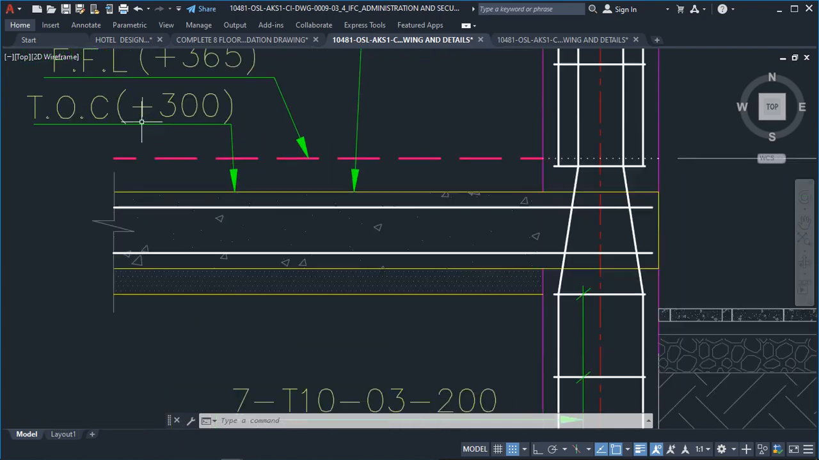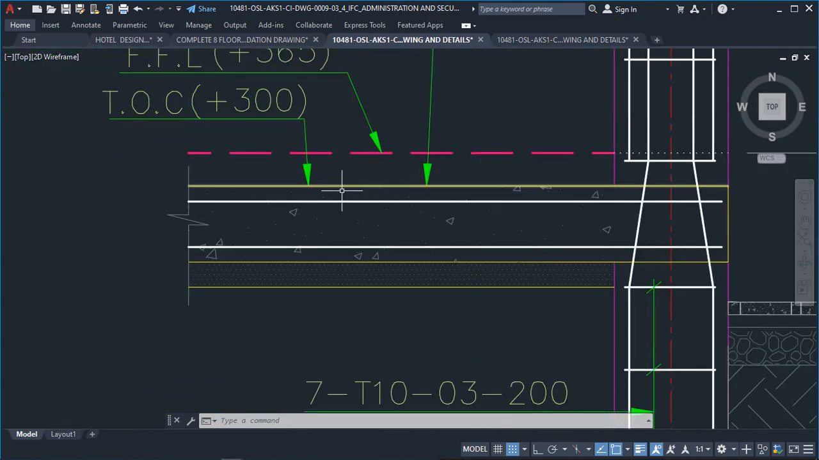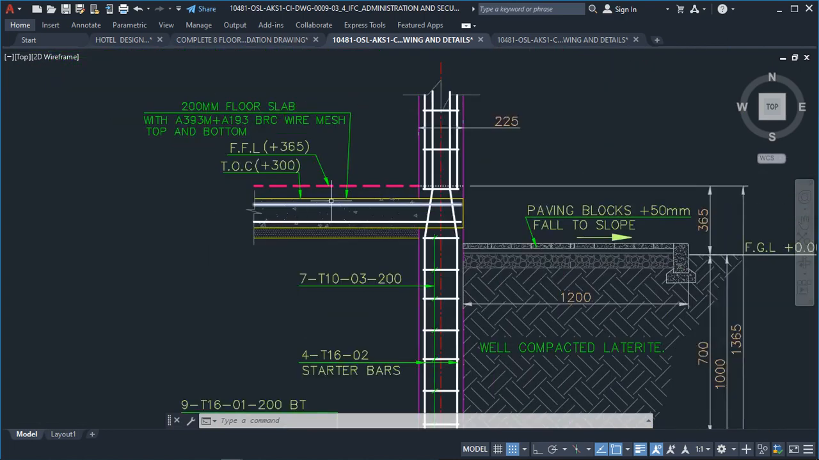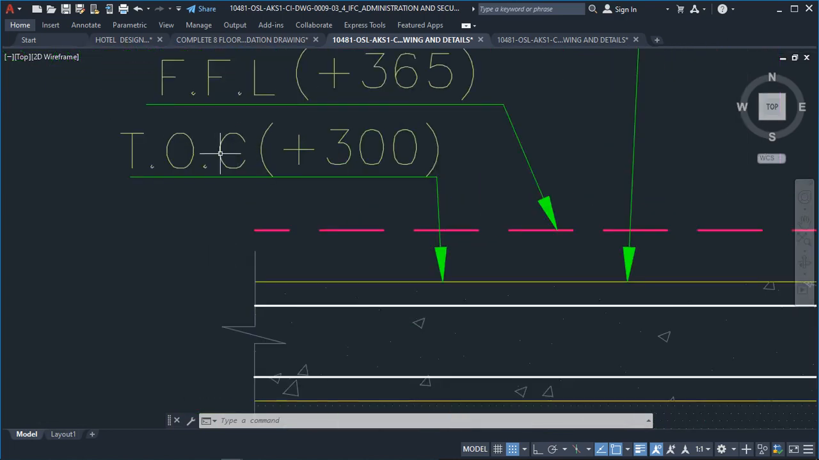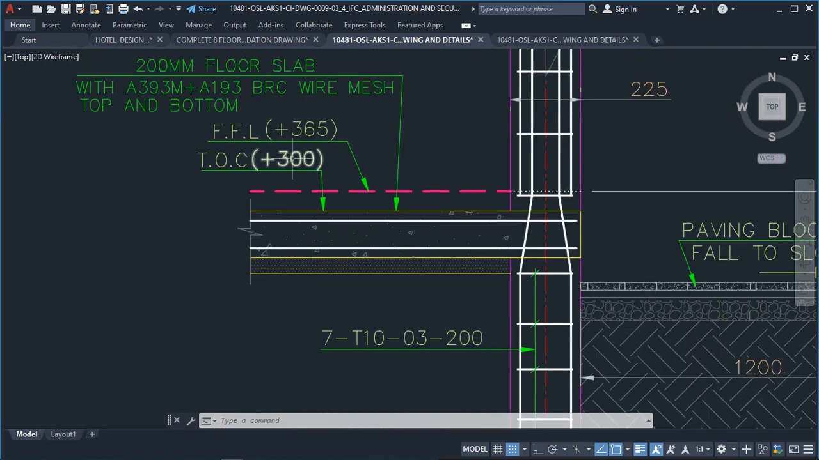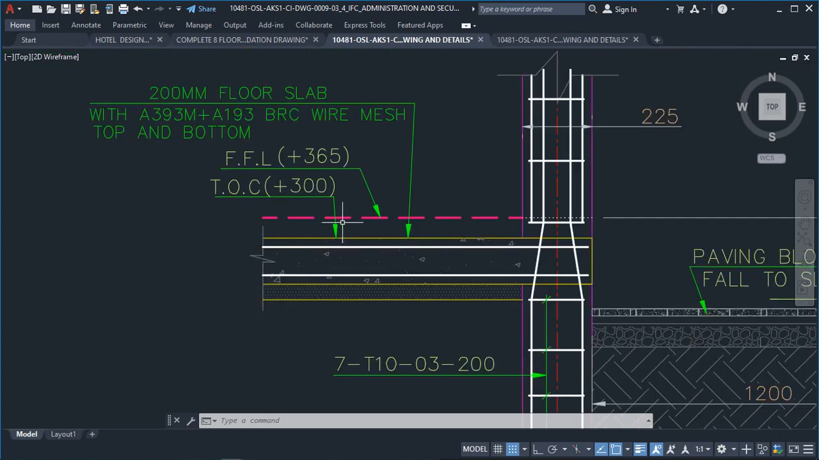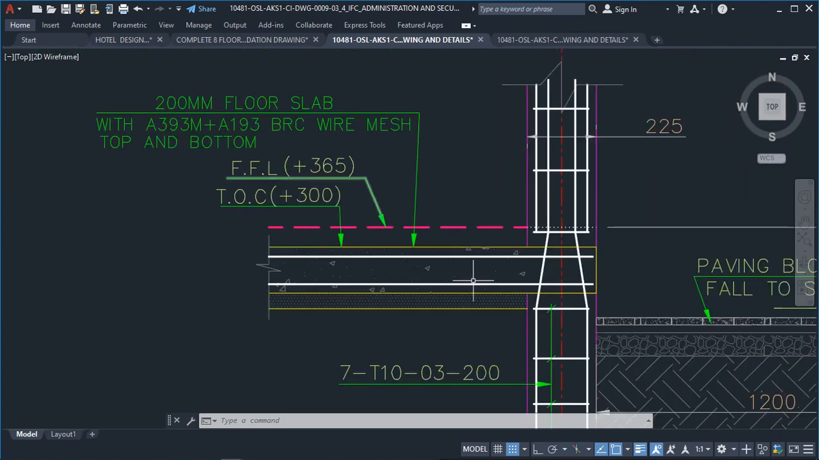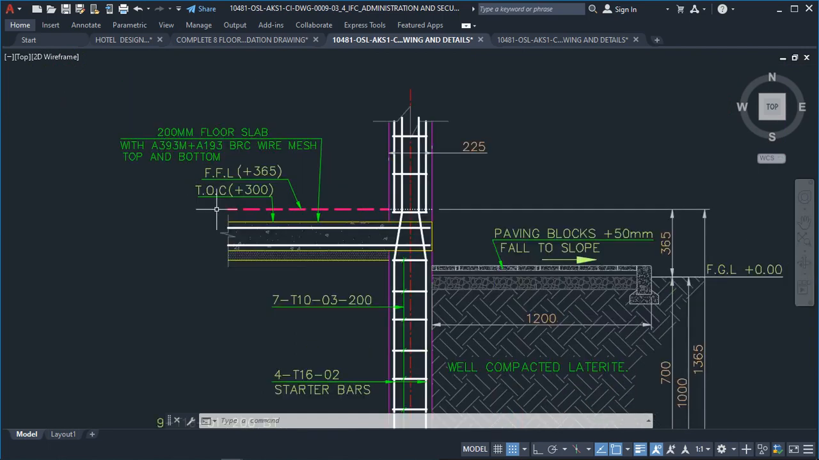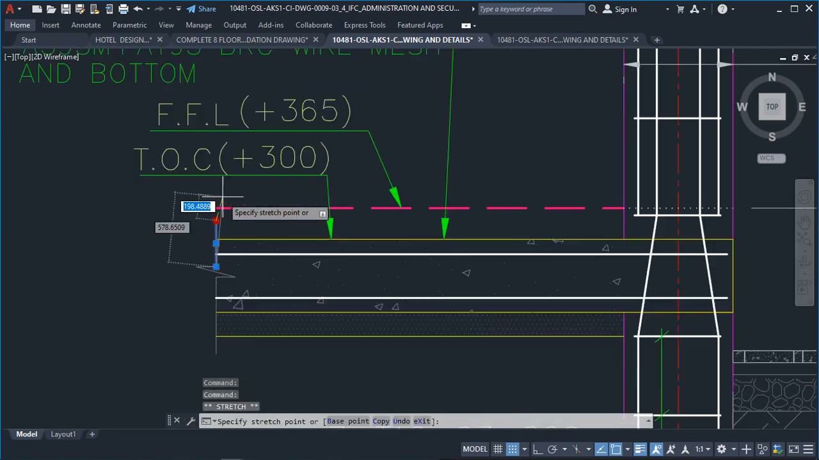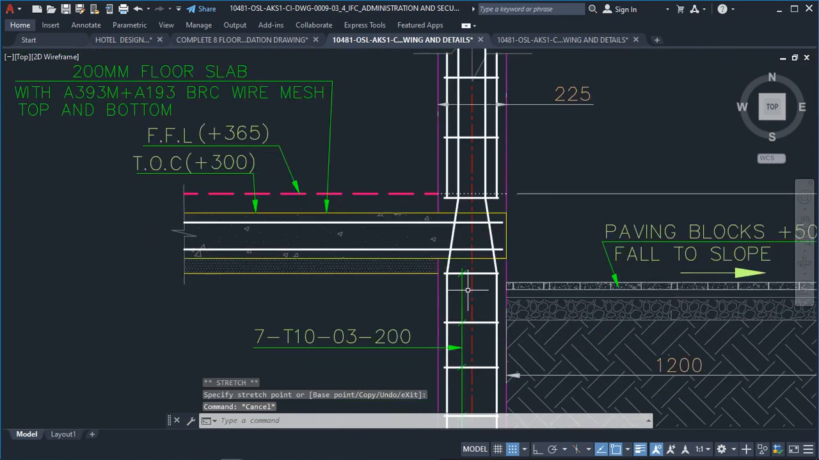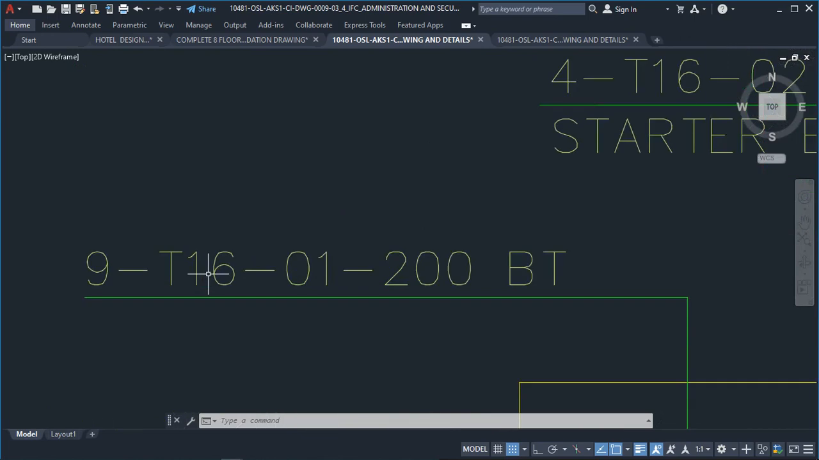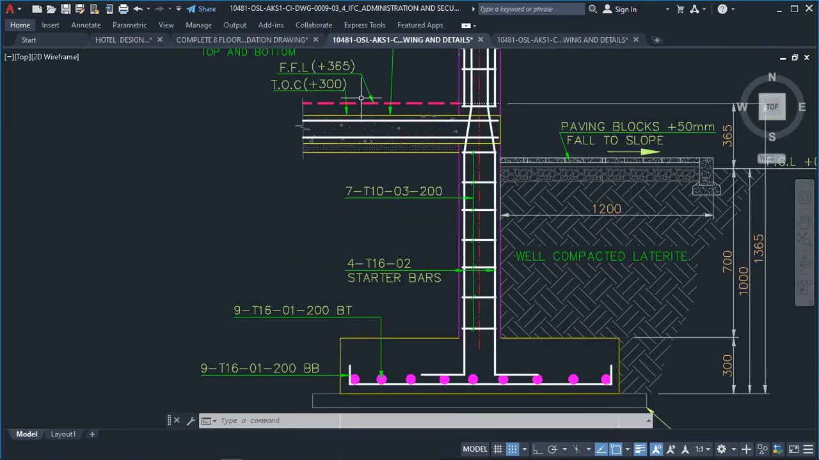Then the next thing you have to show is the final ground level, which is called the DPC. You will also have to show the top of concrete. This TOC means top of concrete, which is 300 millimeter at this point, and also the finished ground level. So you will also have to show your reader that there is a floor level which also needs reinforcement. But this reinforcement does not necessarily have to be this size of reinforcement, which is 16 diameter. So this is just to reinforce